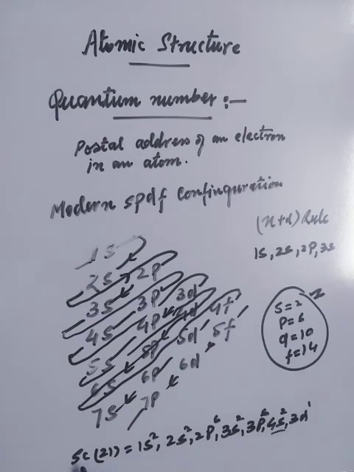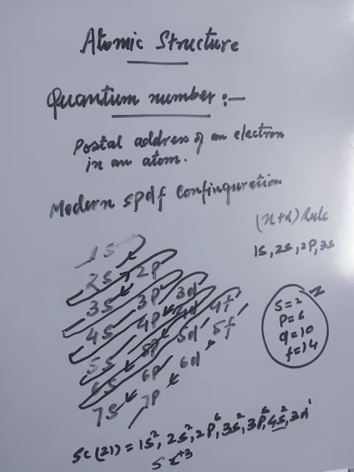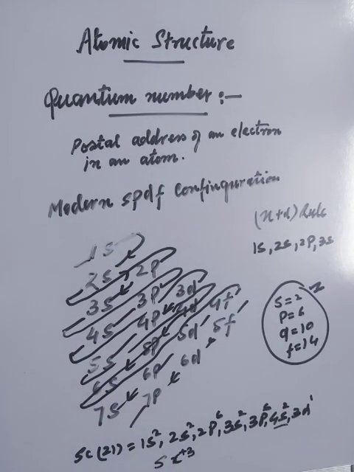For Sc double plus, the second electron will be lost again from 4s. And if we are talking about the third electron, then we have 3s, 3p, 3d, and in that case d will lose the electron. So scandium triple plus, is it okay? It loses 2 electrons from 4s and 1 electron from 3d. The first 2 electrons will be lost from 4s, then the third electron will be lost from d. If we are talking about negative ions, they accept electrons. In that case, the electron will be accepted into the outermost shell first. Is it okay? Now thank you very much. We will discuss more in the next video.